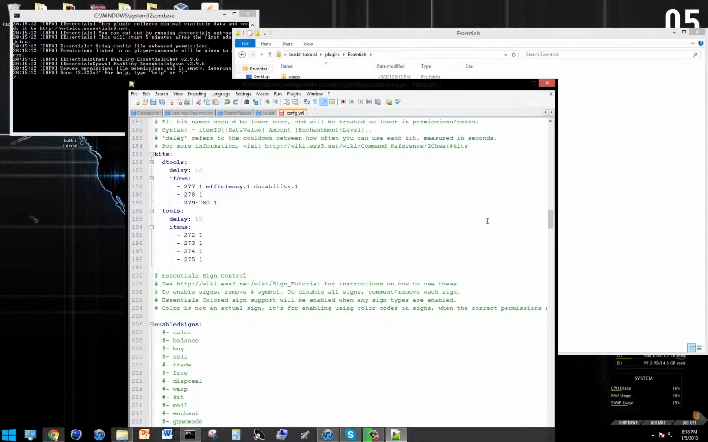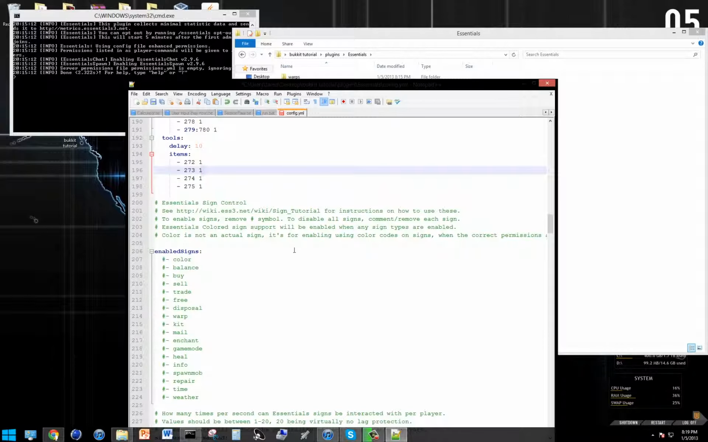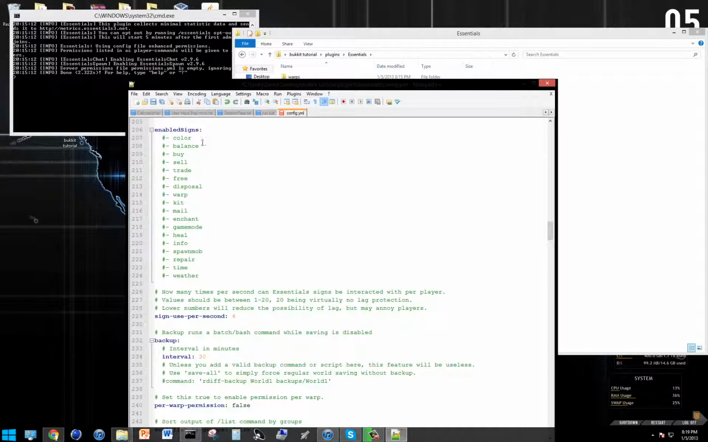All right, kits. You can mess around with this, but you get a default kit with essentials, and you can add kits as you go. I believe all you have to do is copy and paste this, paste it again, and then change what you want. This is the diamond kit, the diamond tool kit, I believe. Enabled signs, these you can do. Put a sign and put, I believe it's something like,